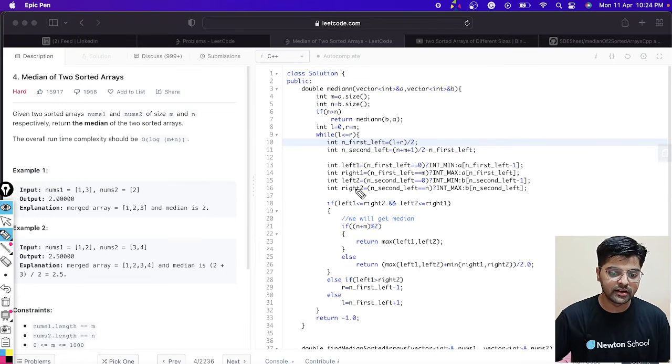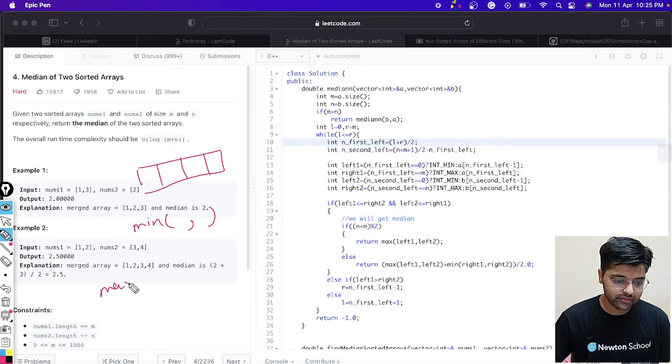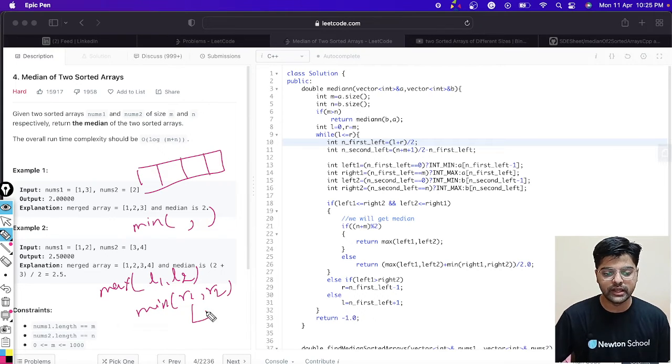Then we had decided that if all the elements are present, then as we were taking min and max, we take the max of L1 and L2, and the min of R1 and R2. So if any one of R1 or R2 is not present, then we will consider infinity.